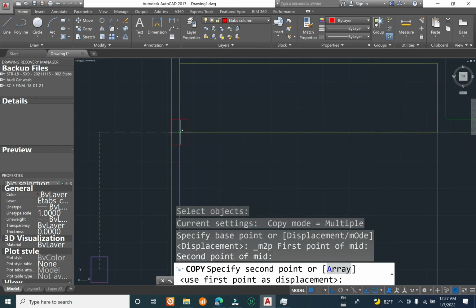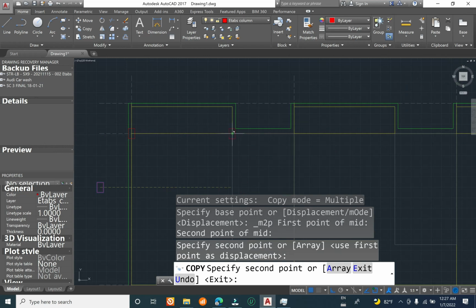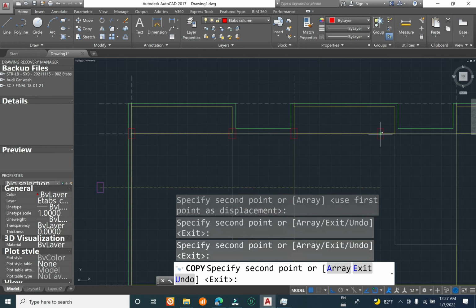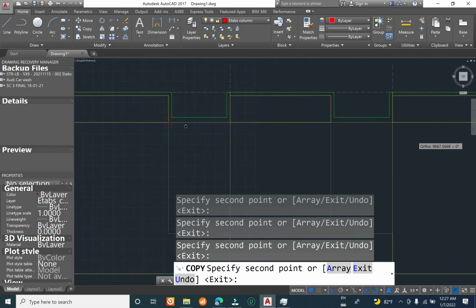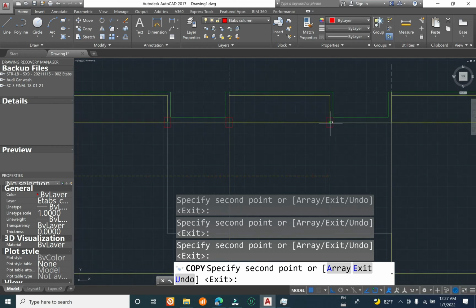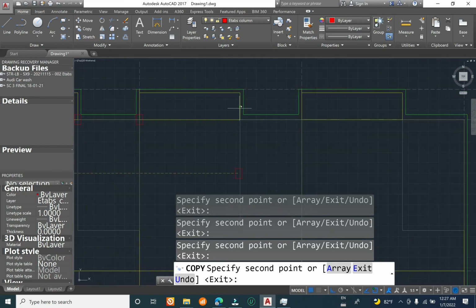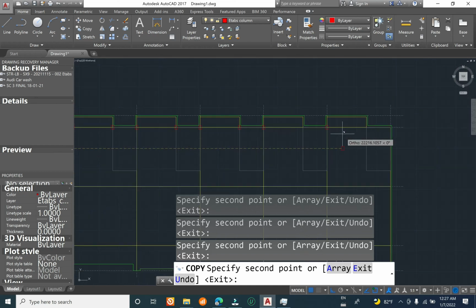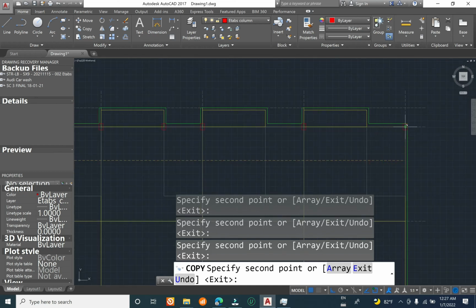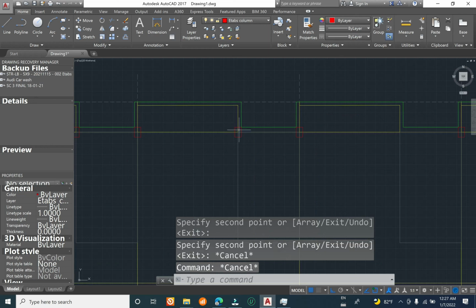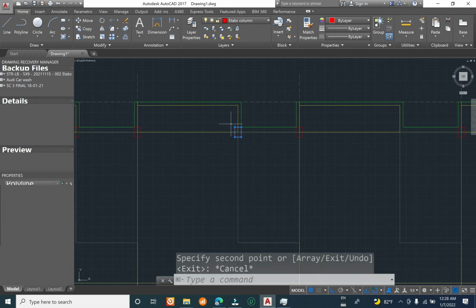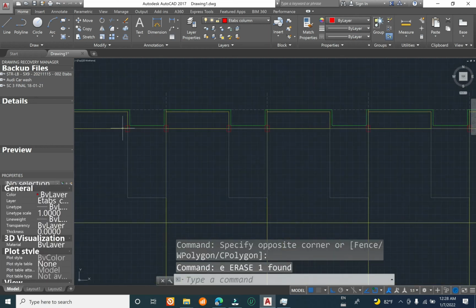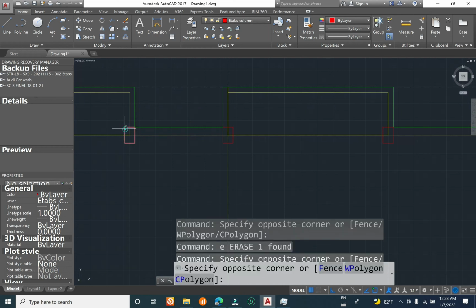Okay, 1, 2, 3, 4, 5, 6, 7, 8. Okay, we had at the grid line, not at here. Okay,